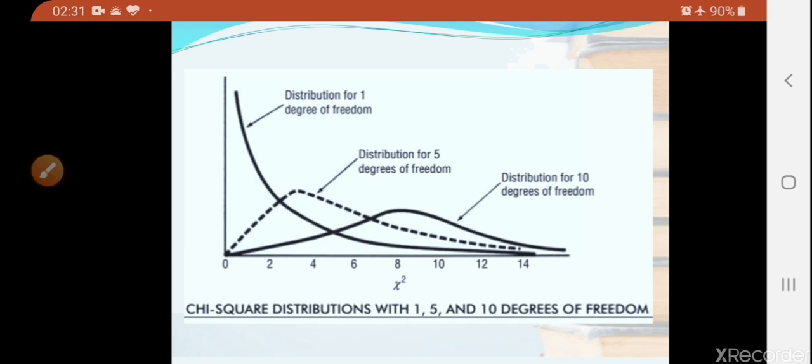For very small numbers of degrees of freedom, the chi-square distribution is severely skewed to the right. As the number of degrees of freedom increases, the curve rapidly becomes more symmetrical until, at large values, the distribution can be approximated by the normal distribution. The chi-square distribution is a probability distribution. Therefore, the total area under the curve in each chi-square distribution is 1.